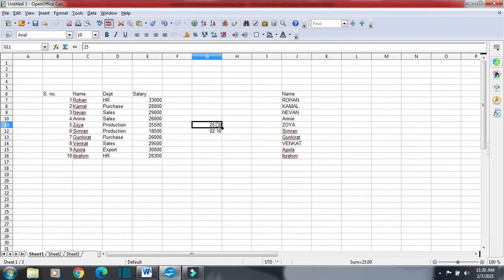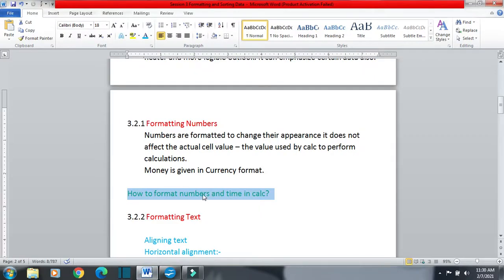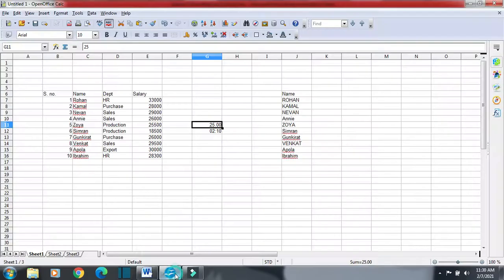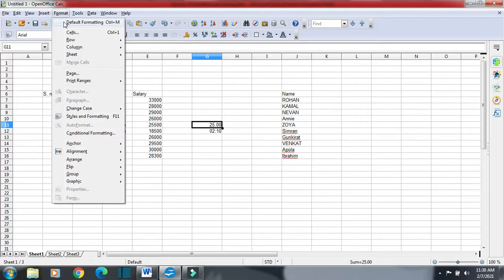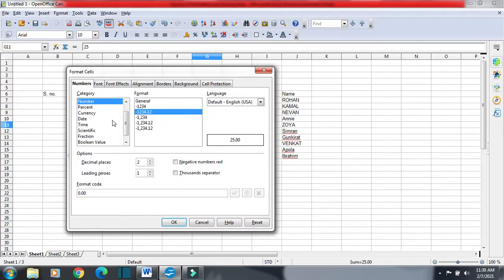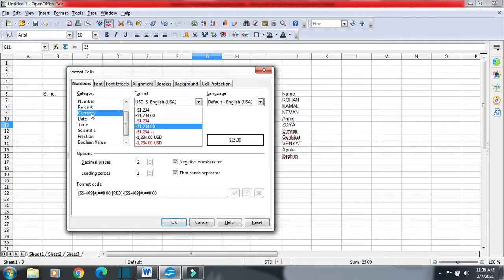Now suppose I want to change the format of a number to currency or percentage. We can do this also. Suppose this is our number, I go to Format and then Cells, and from here in Numbers I am going from General, the basic numbering system, to Currency.